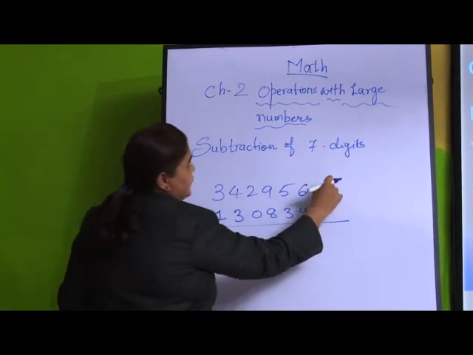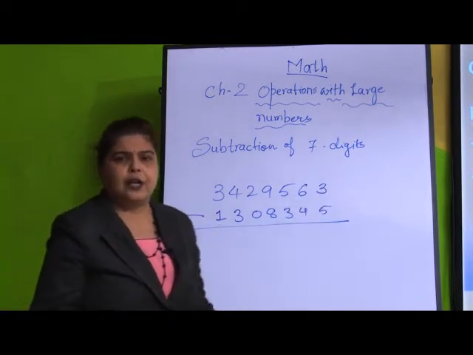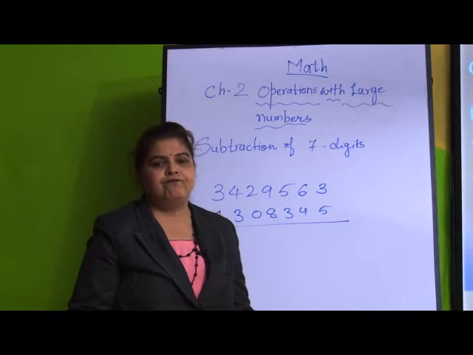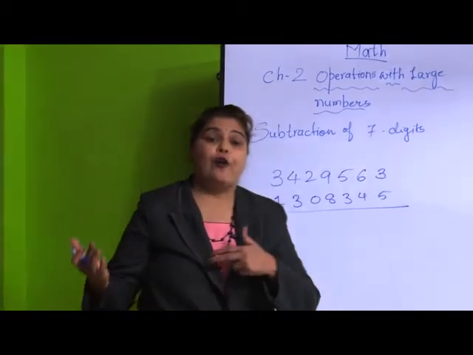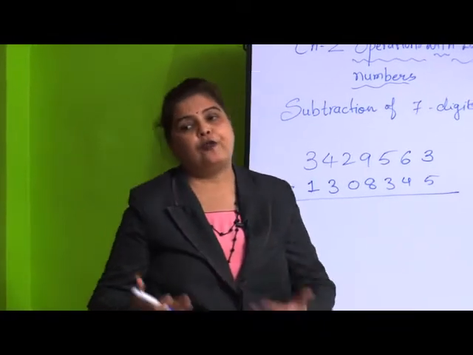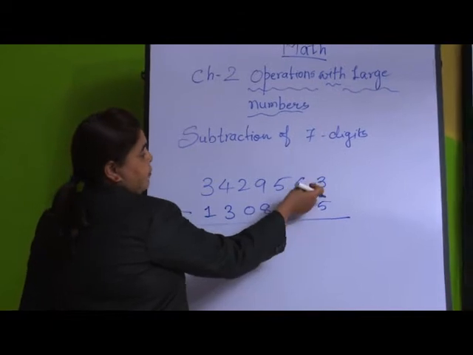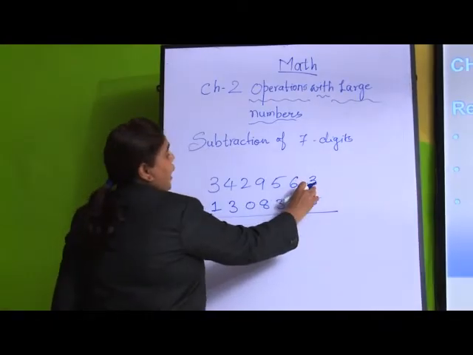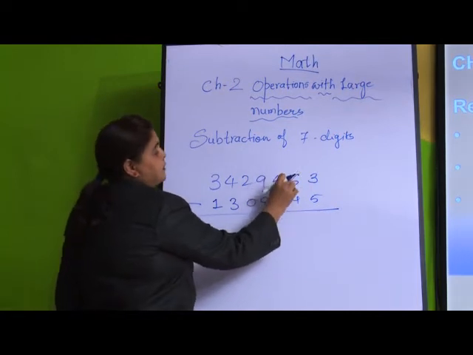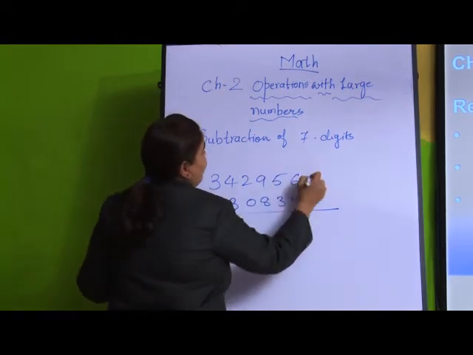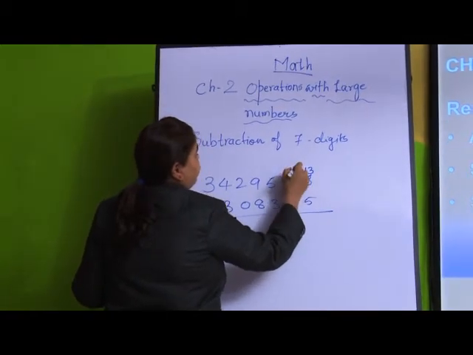So, can you do the subtraction of 5 minus 3? If you are having 3 mangoes, can you eat 5 mangoes? No, you can't eat. What do you do? You borrow from your friend or you borrow from your neighbors. My friend is here. So, I can't do the subtraction. So, I will borrow from my friend, that is from 6. So, what should I do? What will I write here? As a 13. I am borrowing from my friend.